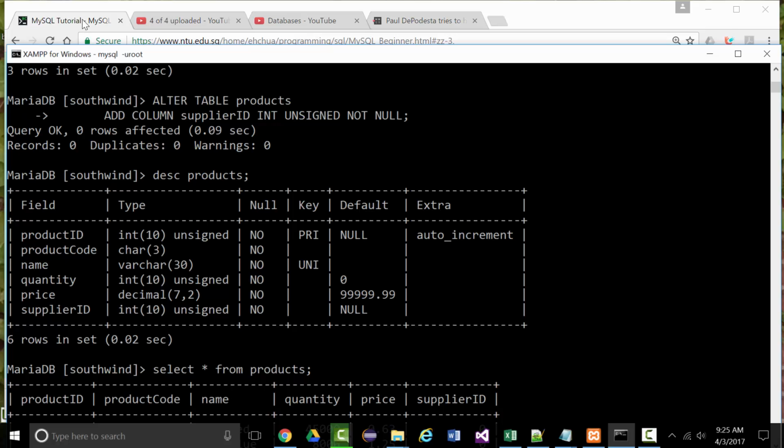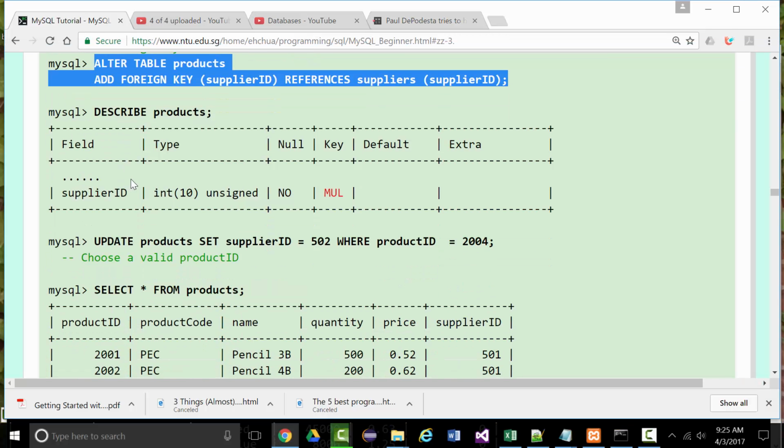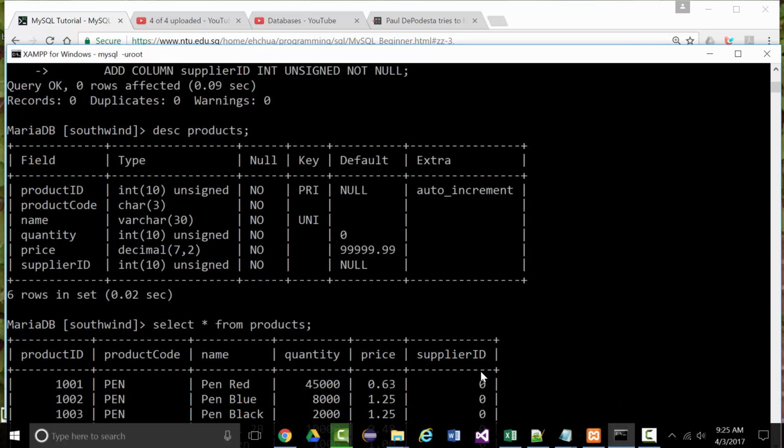So if you look back up on here, what we're saying is we want to go back and alter the products table. We want to make sure that now supplier is a foreign key and it references the supplier ID from the suppliers table. So in English, that's saying the supplier ID in the products table maps up with the supplier ID in the suppliers table. That's what we're telling it. Now, before you do it, maybe you did it already, which is fine. But notice if I type in right now,